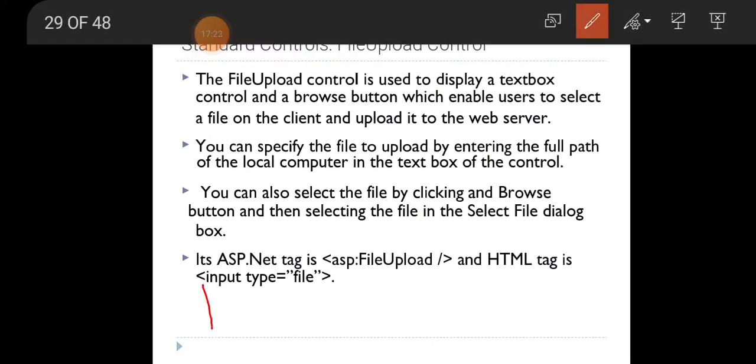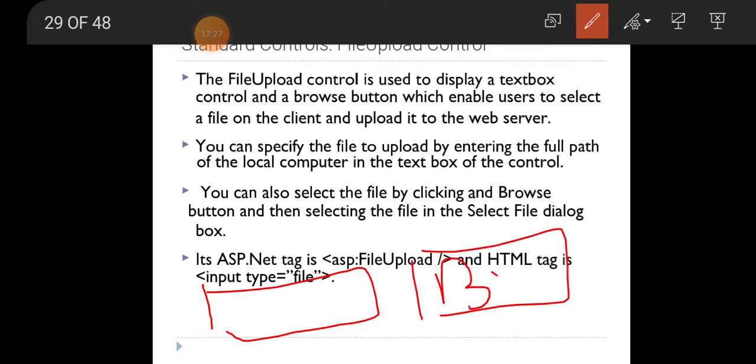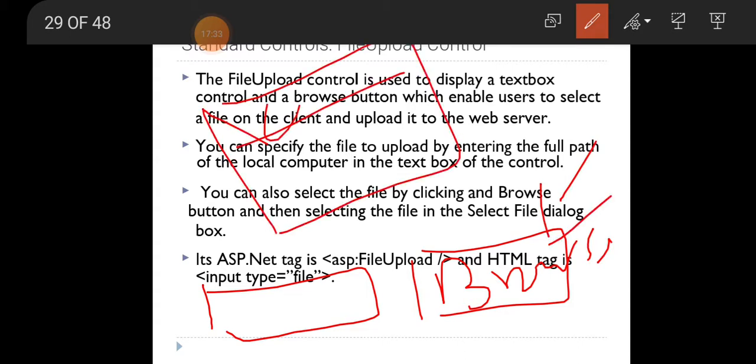While we click the browse button, it will display an open dialog box. From that, we can select the file and click the upload button.